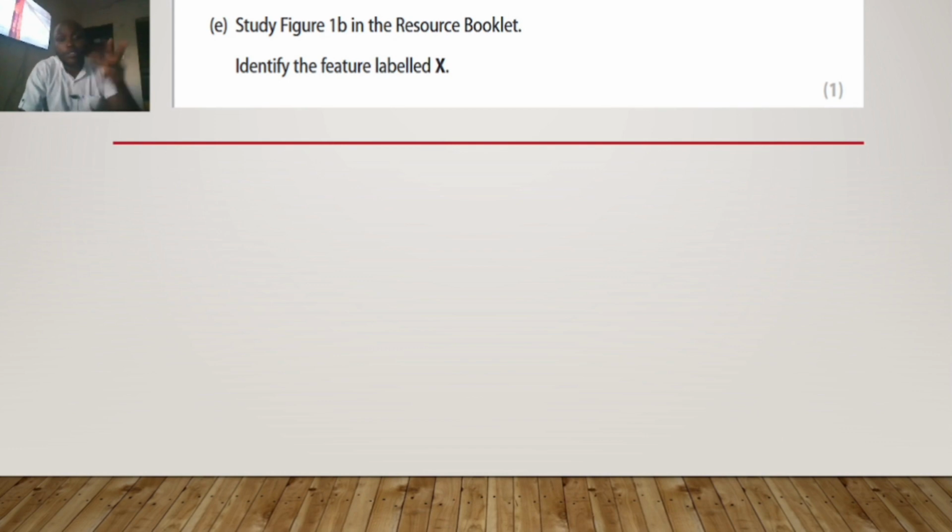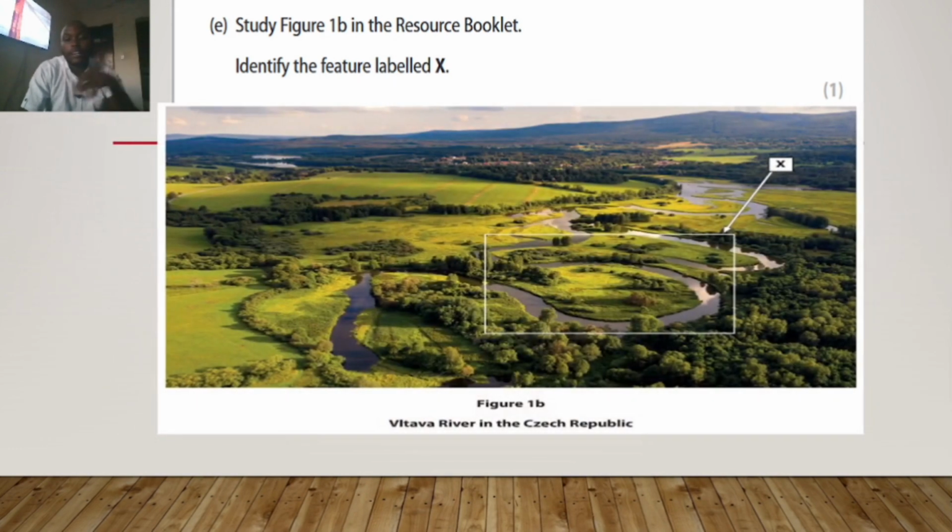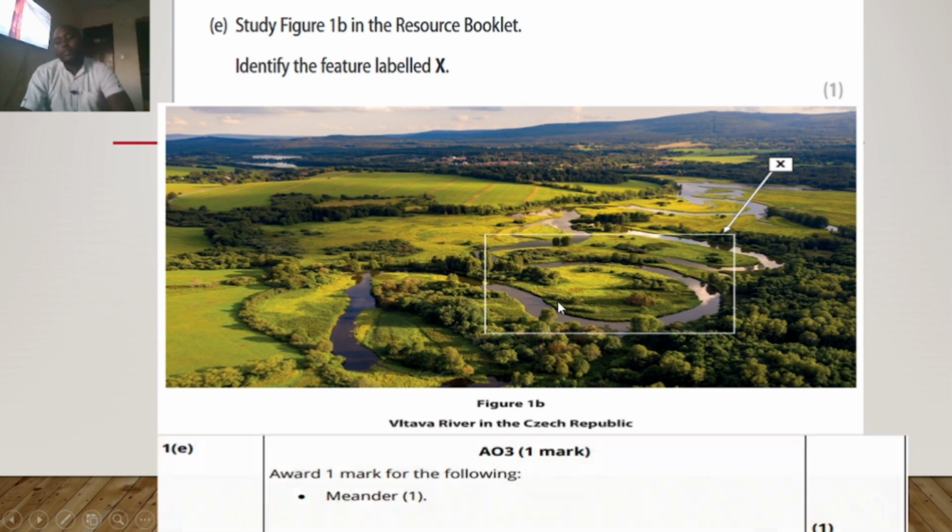Study figure 1B in the resource booklet, identify the feature labeled X. So which feature can you see there? Just look at it cleanly. This is the feature labeled X. So which feature is that? If you say the Oxbow Lake, you are wrong. There's no separated part of that, because the Oxbow Lake is separated. So the answer must be a meander, because the erosion is what is going to maybe cause this part to